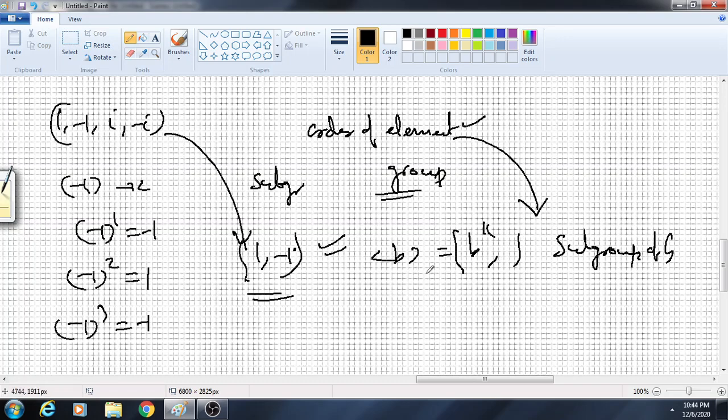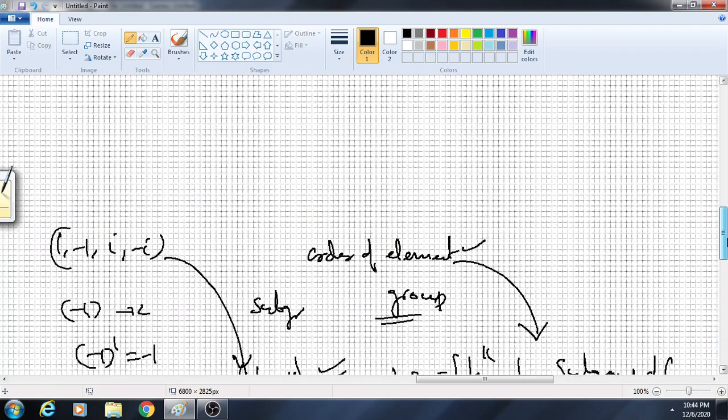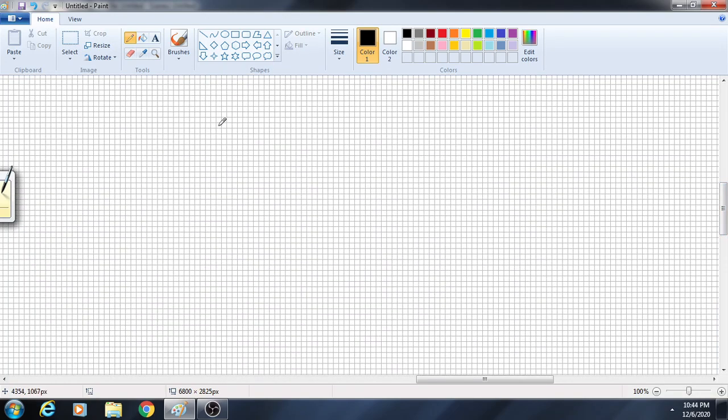Okay, so again, suppose we go for another thing. Suppose we have a group and a is an element. Suppose it is not a cyclic group, it can be anything else. I'm going to take a group that need not be finite, need not be cyclic, and suppose I take an element a, and suppose the order of a is equal to n. There is some notation for order of a: I can write this as modulus of a, or also as order of a. Both are the same notation.